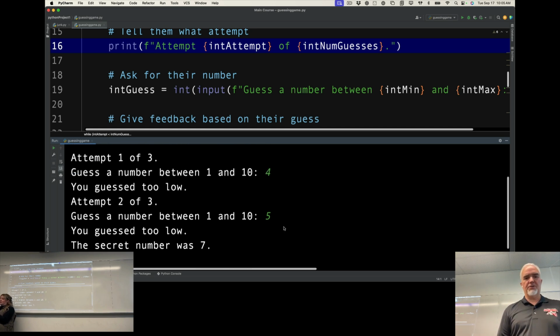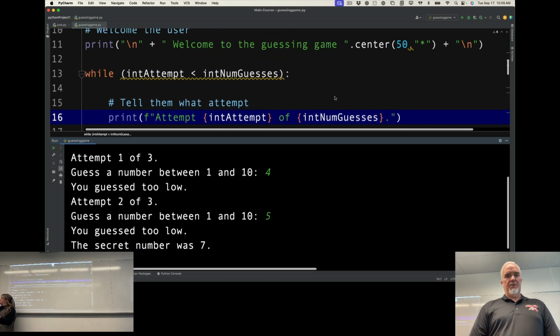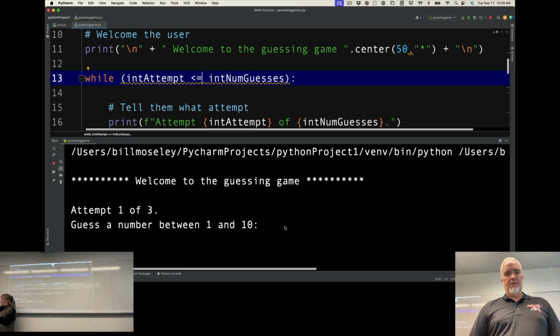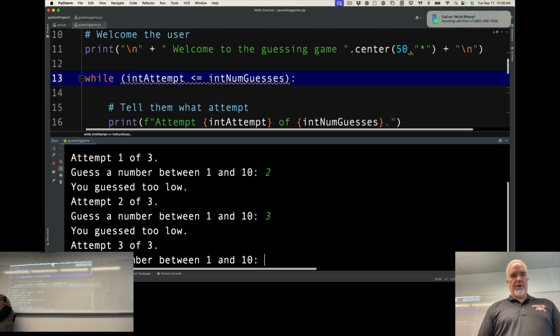Okay, so there's a little glitch, right? Because it only gave me 2 guesses. So if I want to do this, then I need to say less than or equal to. Let's run this again. This is a normal part of the coding process. This is why you test your code and pay attention to what's going on. So if I do 2, go 3,